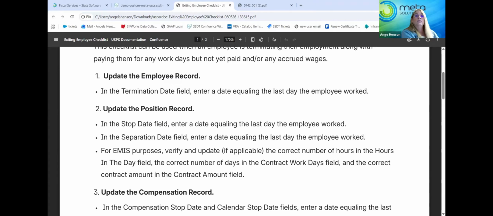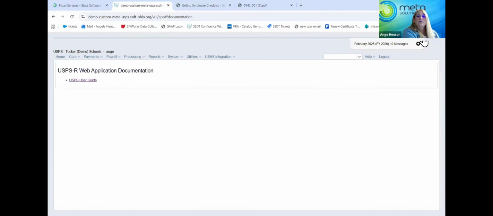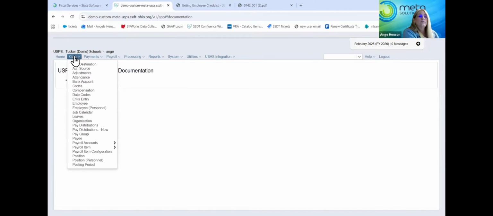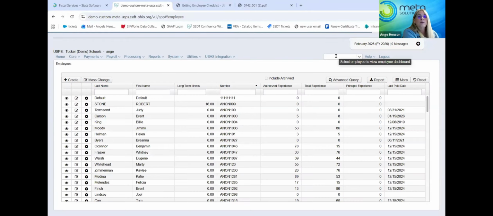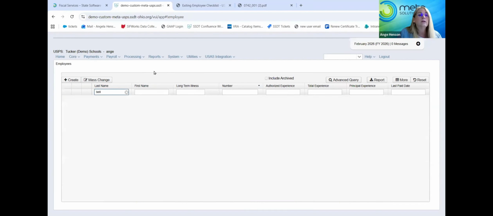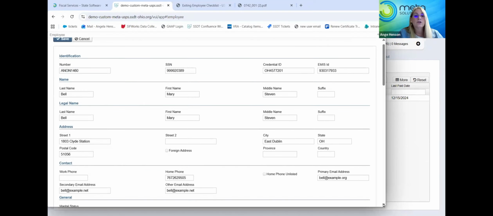So over to the demo account. So it says update employee record. So let's go over here to core and employee. You can do either one. You can use the core and go to them, or you can do the dashboard. For right now, I'm just going to show you. This is Bell. I'm looking for Mary Bell. And it states to update the employee and her